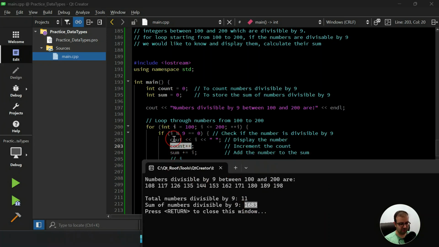In each iteration that we found an i that is divisible by 9, we print it out and we are going to add that number to the sum variable. Okay, so 108 is found, it is added to the sum that was initially 0. Then we found 117, 117 is added to the sum that was already 108 from the previous iteration. Then 126 is found, it is again added to the sum variable until the end, and we are having the sum